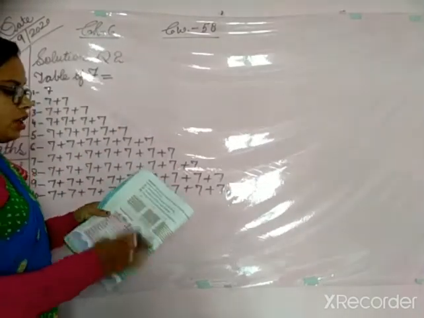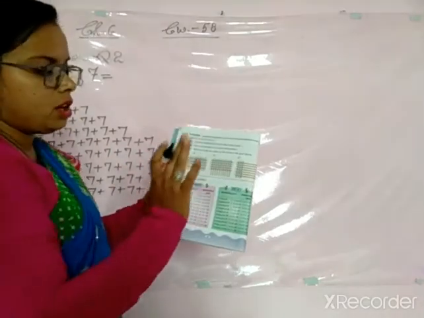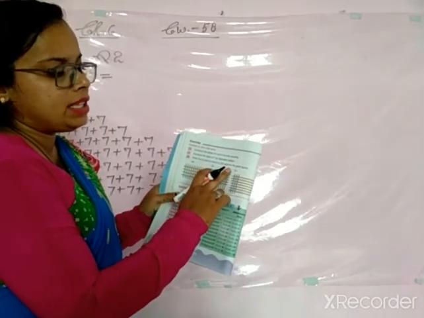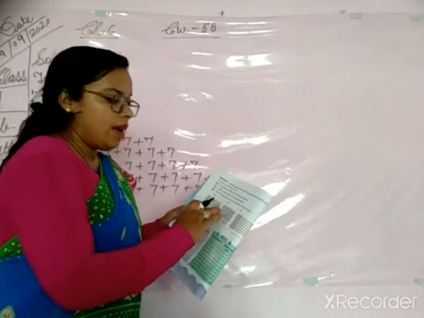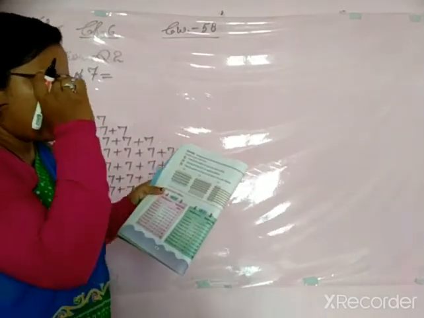Okay, now see what is your question number 3. Question number 3, you have to draw the same in your copy, and you have to solve it. Write the product as shown by the sticks in the given figure. Means you have to write the product, you have to see which table is given. So we will solve question A.